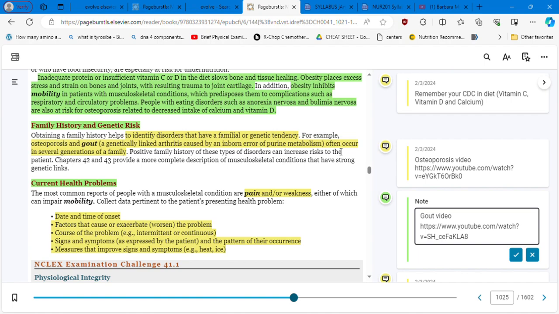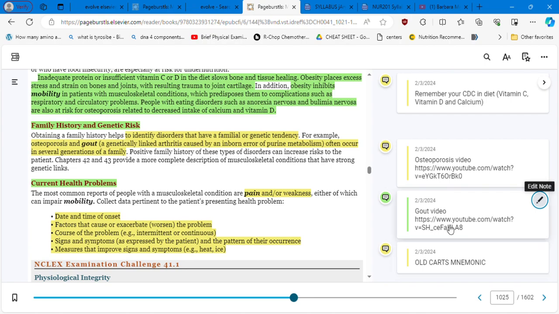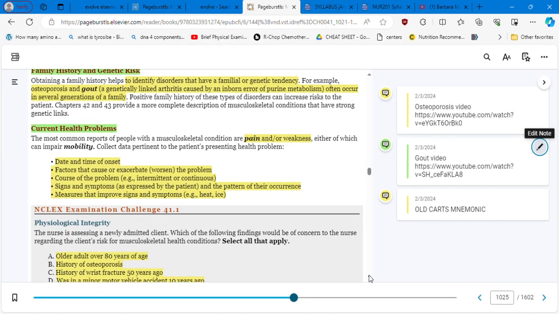And remember that the purine is also found in liver, we know that, shellfish, alcohol, and they can also be formed in the body when DNA is broken down. So that is why this is the genetic risk with gout. Okay, think about it. That's something that is good to know. You need to know, and you need to master these concepts and patient education.